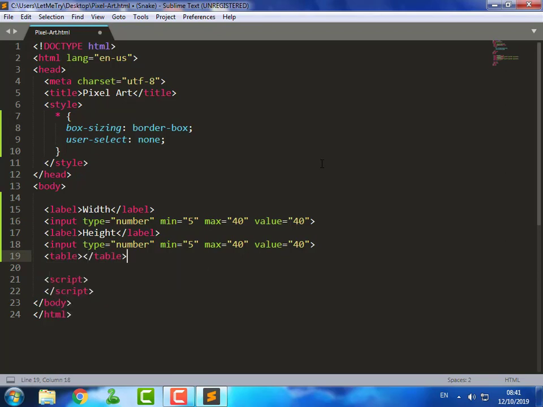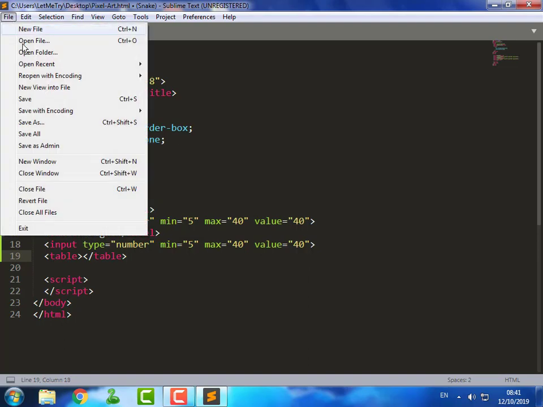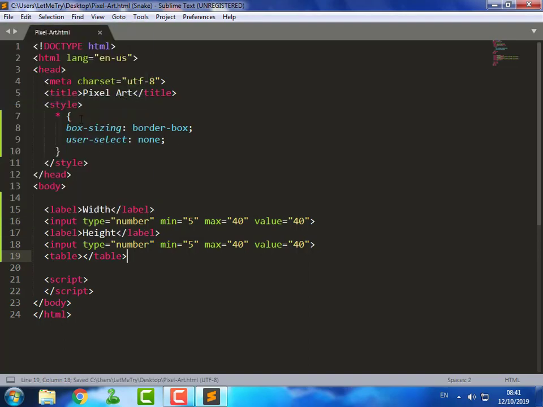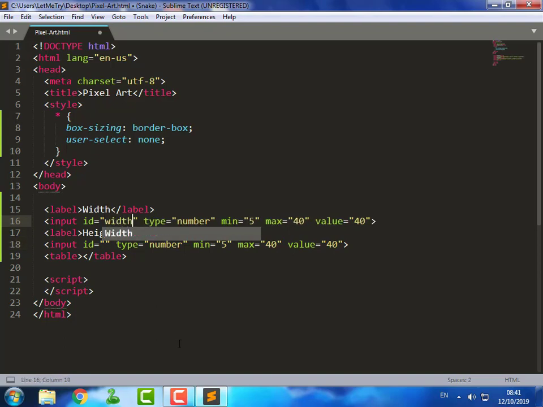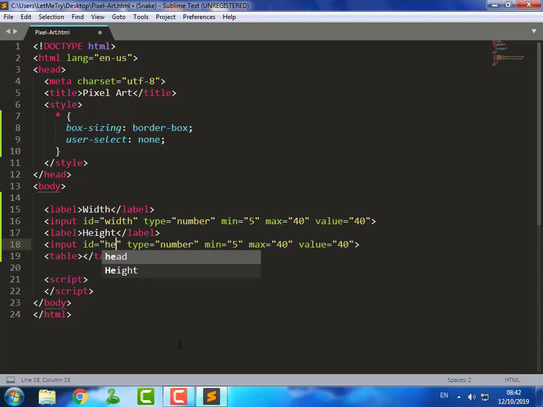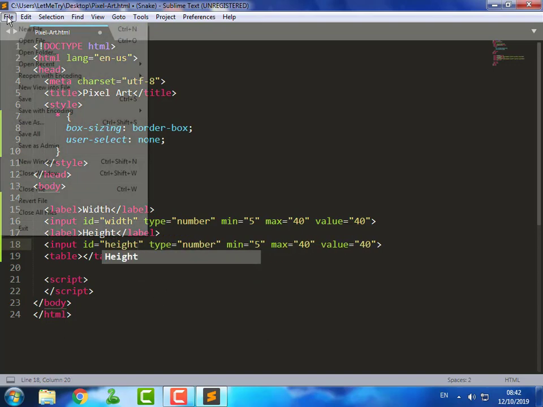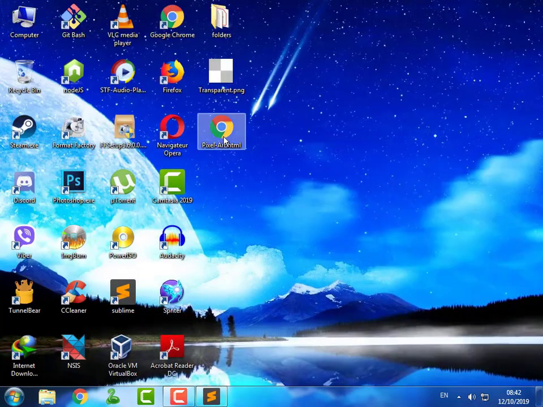Add the table element to represent pixels by cells. Let's add some IDs. Here are the width and height input elements.